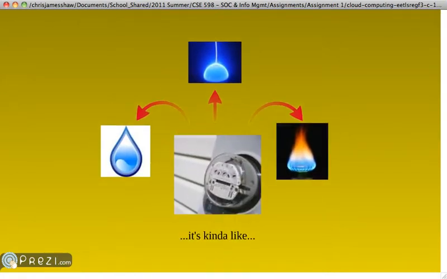Now on to my analogy. An analogy to cloud computing is utility providers, which we all have and use. Here I'm depicting water, electricity, and gas being metered by some source or service provider. When you are at home and need electricity, you flip a switch and get it on demand, seemingly instantaneously.